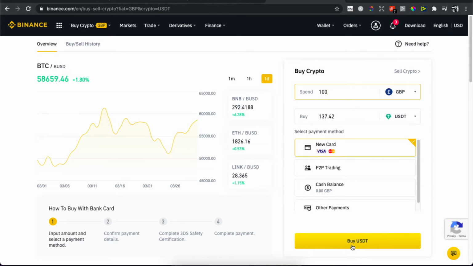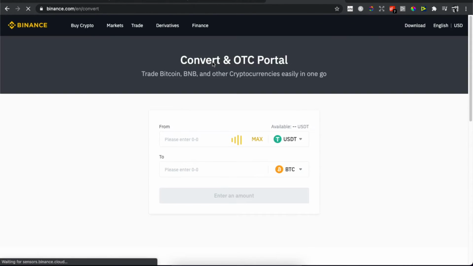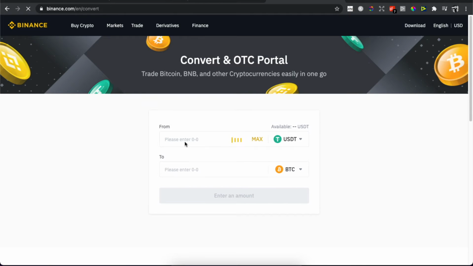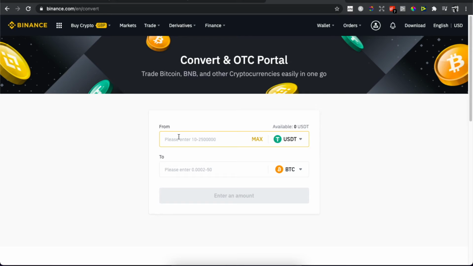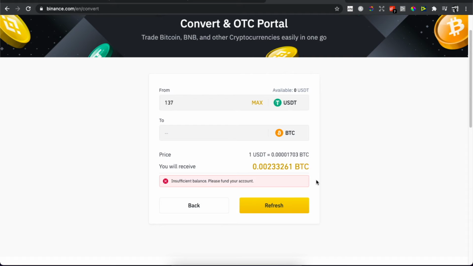Then you need to press Buy USDT, and when you have USDT, then you need to go to Trade and then Convert. And then as you can see here, you need to put in the USDT amount that you have. So for example, it was 137, and Preview Conversion. And as you can see here, we need to wait for a few seconds,